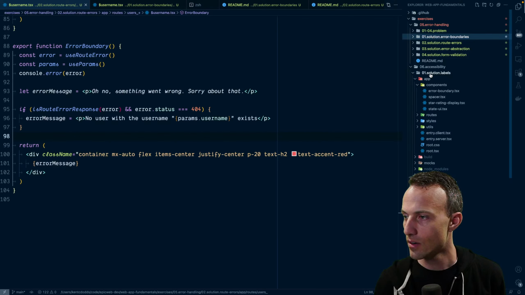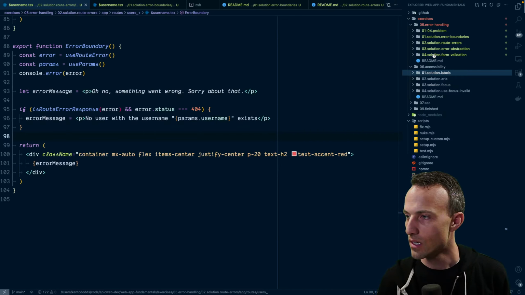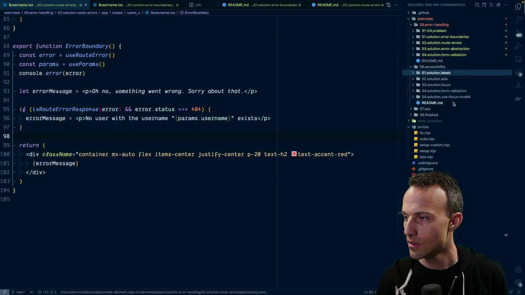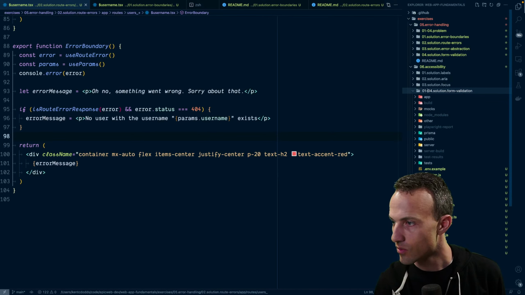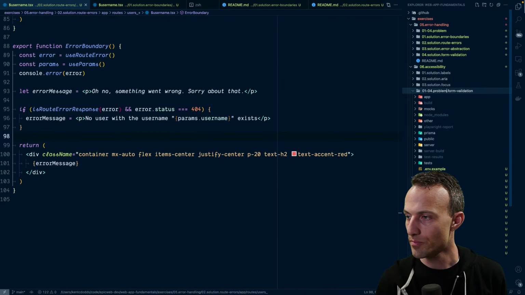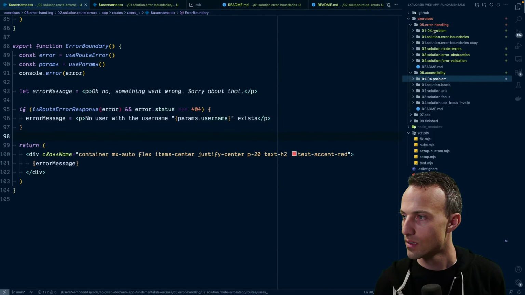So then we still need to make the problem for this. Whoops. The problem will actually be the solution of the form validation. So this is 01 to 04 problem. And this is going to be that.